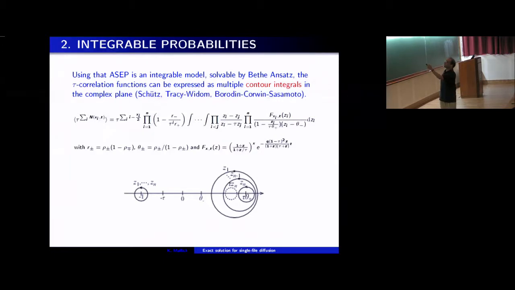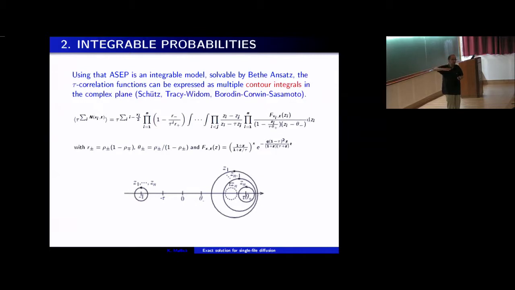So the Bethe comes from here. If you're familiar with Bethe-Ansatz, you recognize these kinds of kernels. If you're not familiar, you don't care. I just give you the formula and you check it works. So yeah, this is the key point: usually in Bethe-Ansatz, like in quantum mechanics, you only compute the eigenvalues